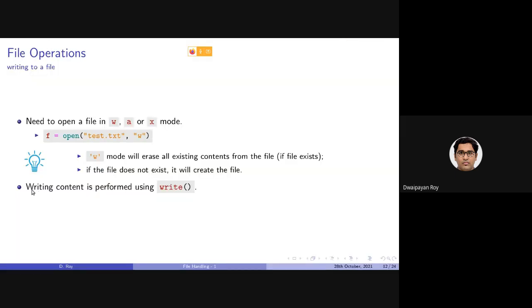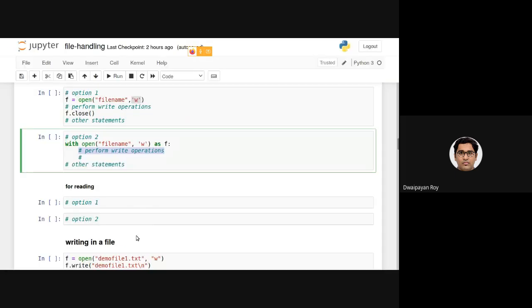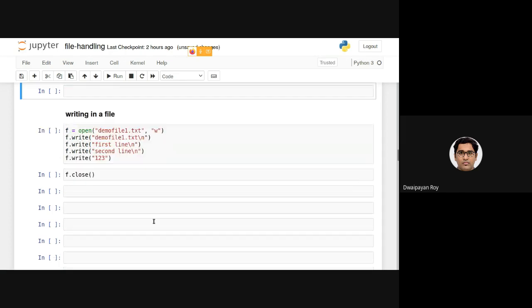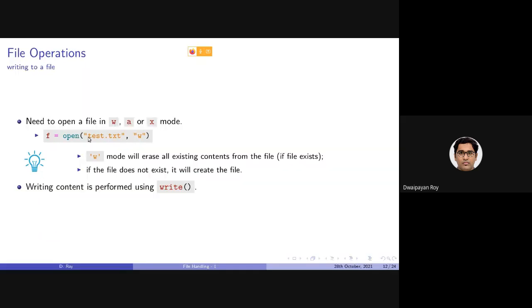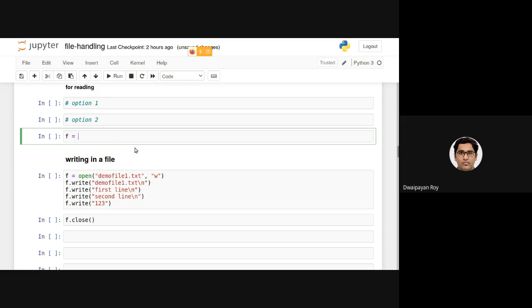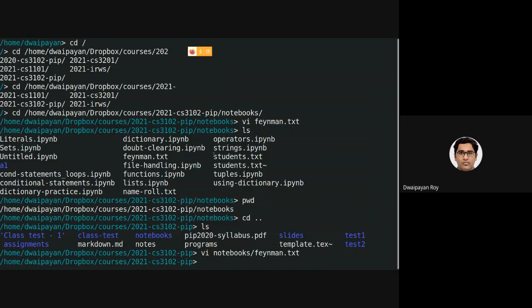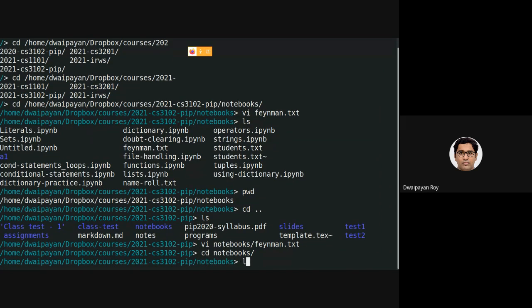Let's first look at that. First of all, let's look at the present working directory, or the content in the present working directory.